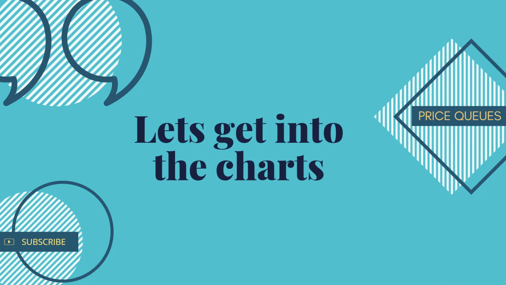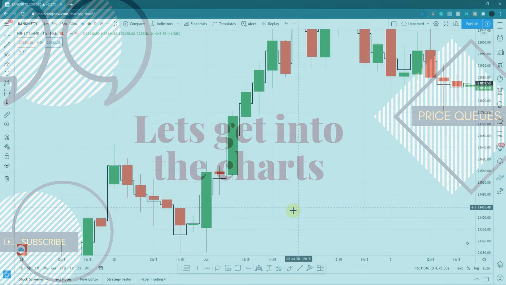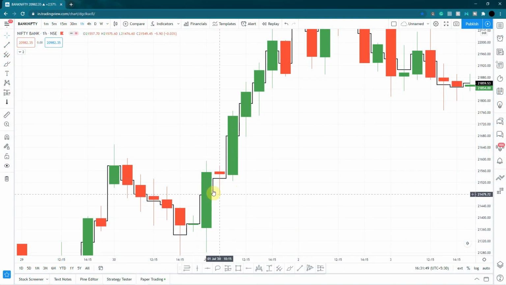For now, let's get into the charts and see in more detail how things are actually working on real charts. As you can see, there's this indicator that I use, and I'm going to be talking about how you're supposed to use it, how to use it if you're not using TradingView, how to customize the indicator according to your preference, and also an indicator that can work in all trading platforms. That's going to be discussed in the next video, so stay tuned for that. For now, let's just see how the stock, which in this case is the index, responds to this entry system.